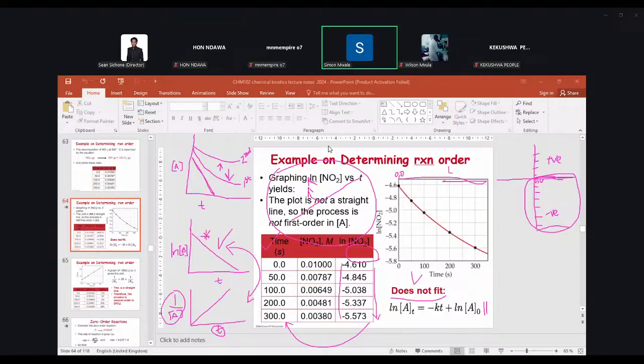For second order kinetics, using the integrated rate law. The integrated rate law for the last one, which is basically the zero order,